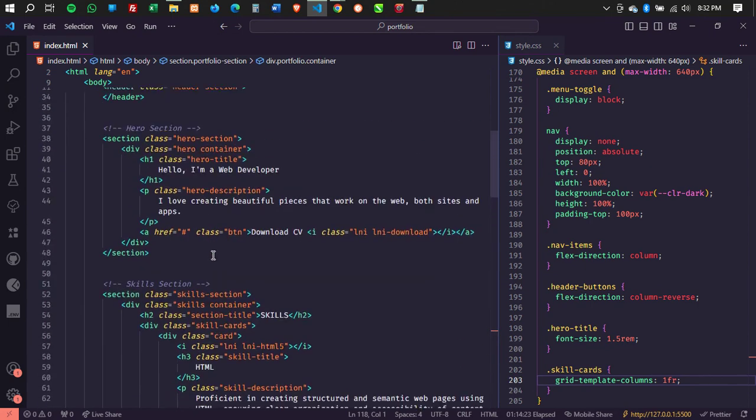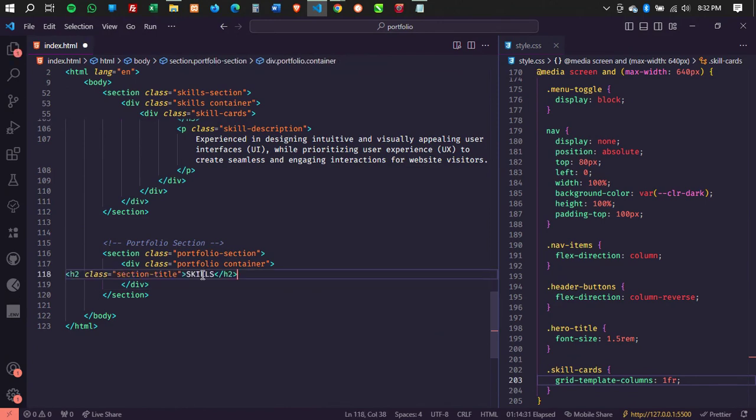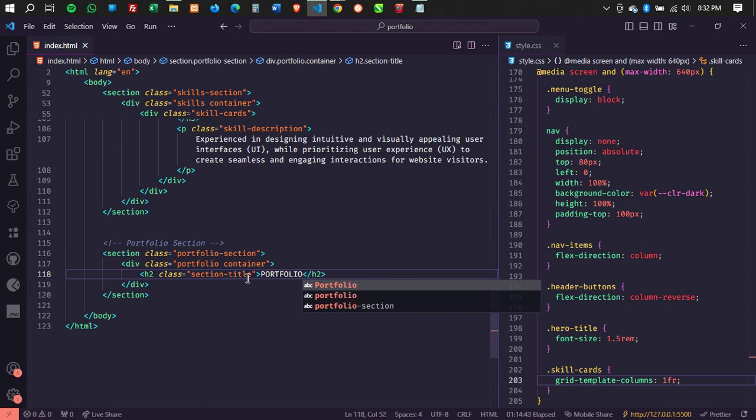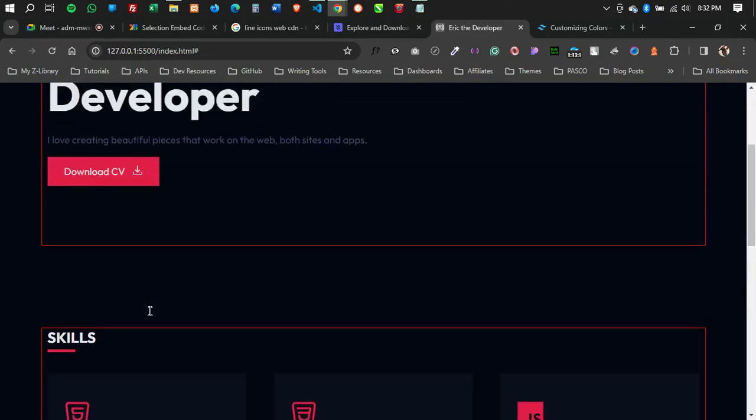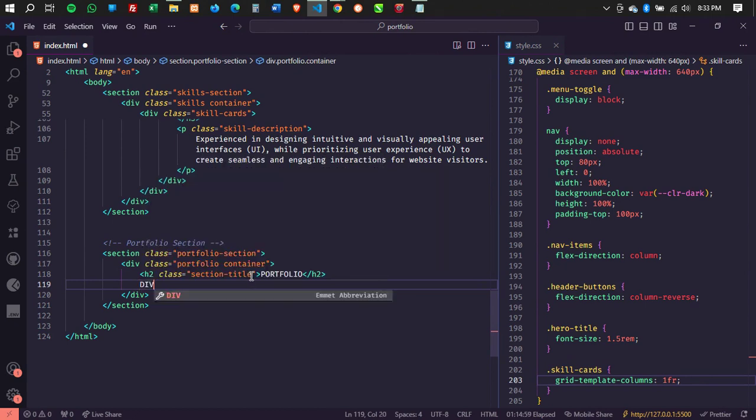So what we could actually do is, let me just copy this. I think we have our section title, skills. Then I'm going to come back here and say portfolio. So we have a portfolio showing down here for us. Then we can now come back and then have a div. Sorry, we could say portfolio